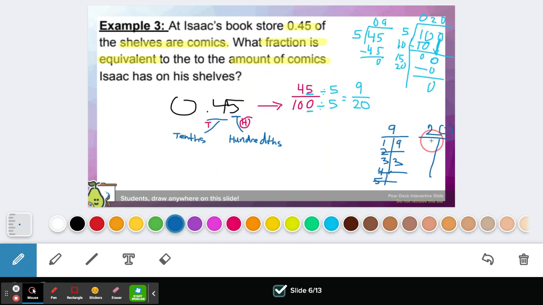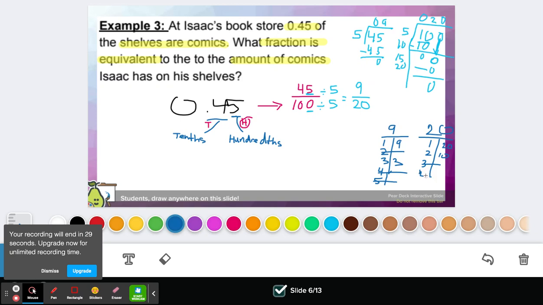So for 20, I have 1 times 20. And then 2 times 10 gives me 20. 3 should not give me 20, but 4 does give me 20. 4 times 5. So if I look here from what I have so far, the only number that matches is the 1. The 3's don't match and nothing else matches. So if I divide by 1, it's going to give me itself. So this is the last fraction that I have that's equivalent to 0.45 hundredths. So I'm going to write right here 0.45